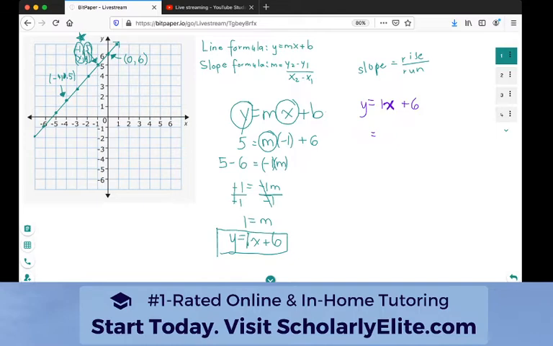now that I have this equation, y equals 1x plus 6, I can actually plug anything into my equation. I can plug any x value into my equation that I know is on the line, and I will get the correct y value. So for example, I know that here I have -4, let me draw a circle where I'm talking about. Right here, this point right here is -4 and 1.5. That's the x is -4, the y is 1.5. So what I'm going to do is plug in